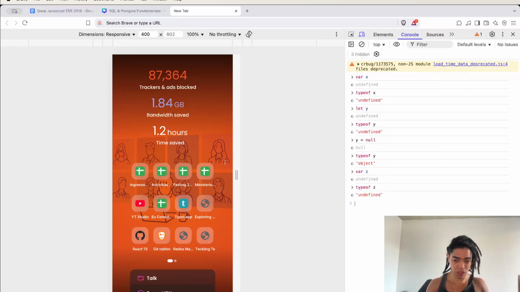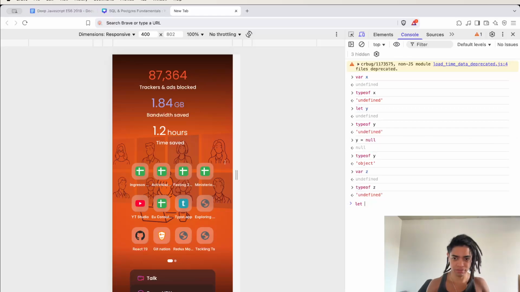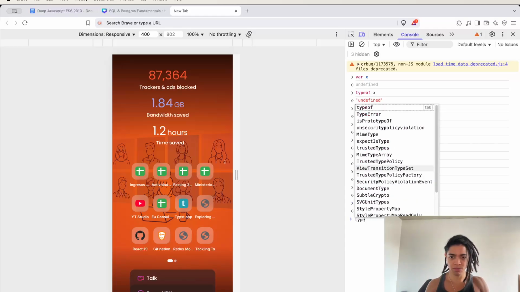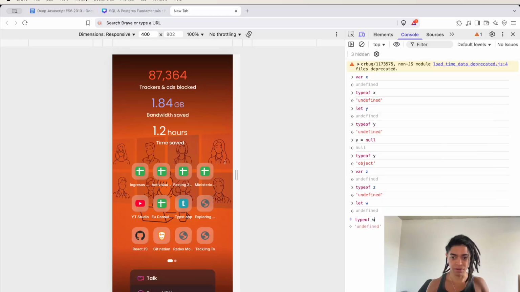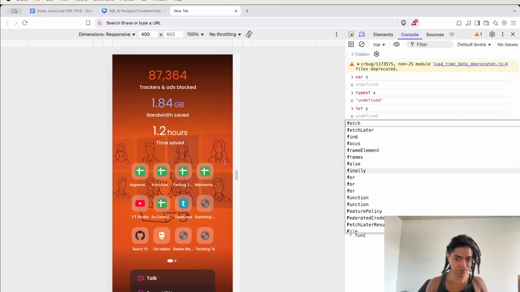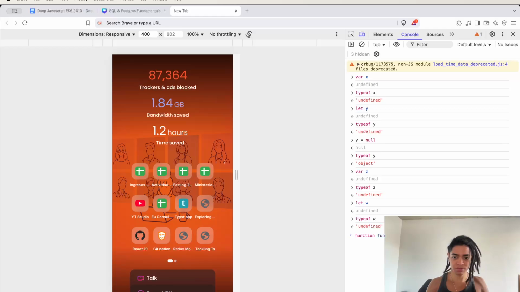Let as well, in this scope, let's say let w, right? In this scope, let is now defined here with undefined. However, when we talk about function scope, for example, this function here,